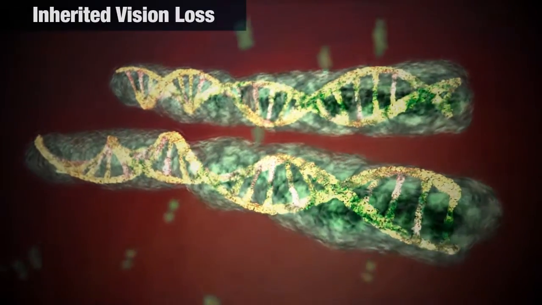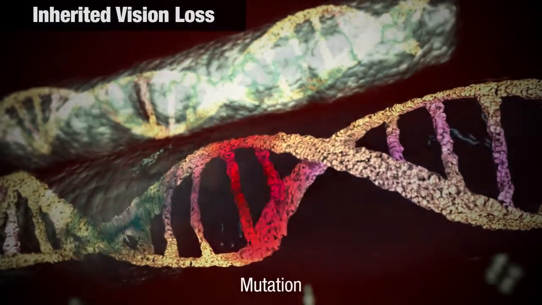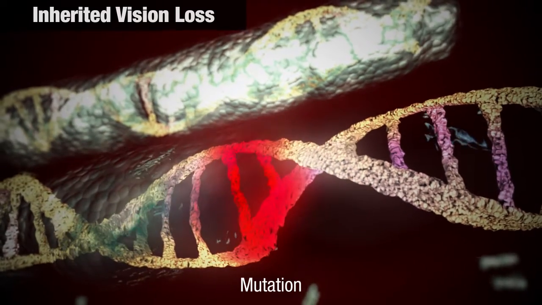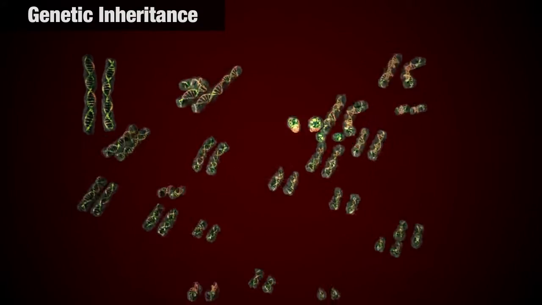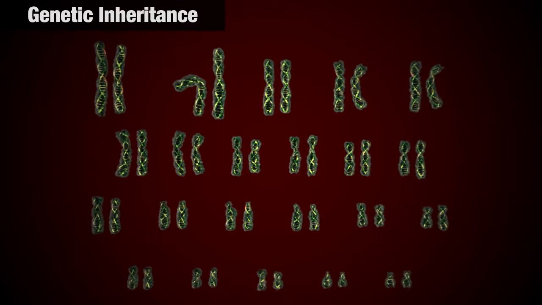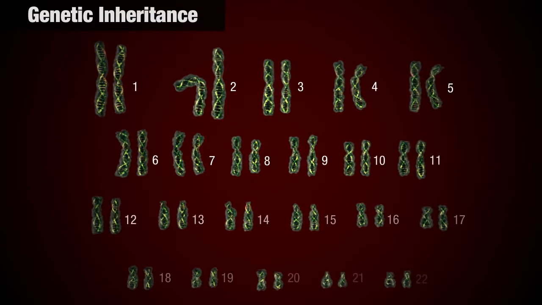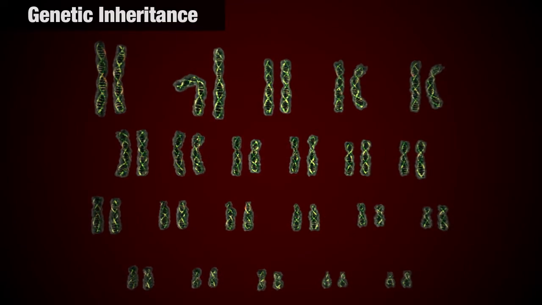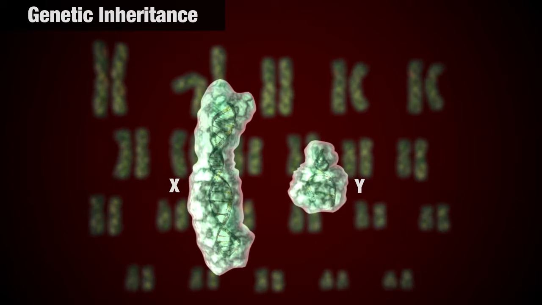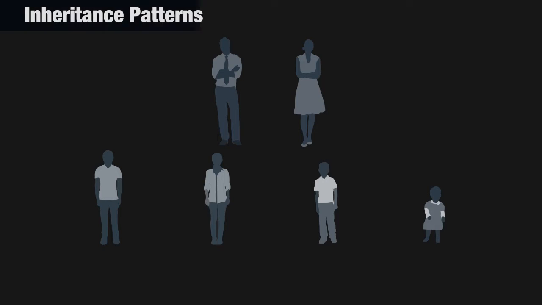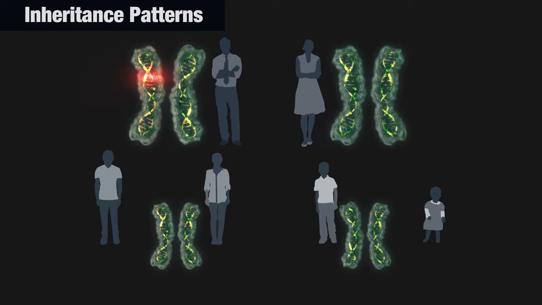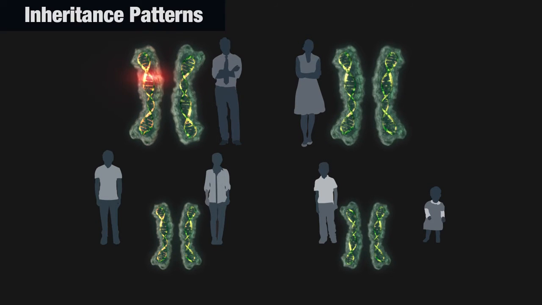Inherited vision impairment may be caused by mutations or small alterations or defects in our genes. Genetic inheritance can be described as either autosomal or sex-linked. An autosome is a chromosome which is not a sex-determining chromosome. Sex-linked chromosomes are X and Y chromosomes, which determine the gender of the child. Inheritance patterns help us to predict if a family member is likely to pass on a mutated gene, which could